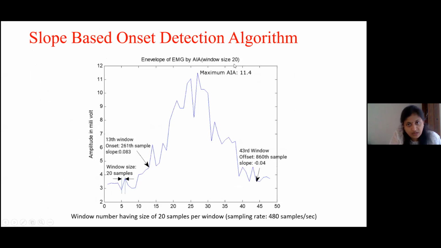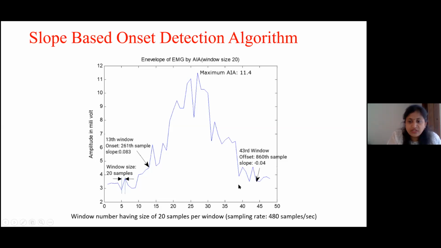This window size of 20 is decided by analyzing the signal RMS values and noise. For this window size, the average instantaneous amplitude of the signal is calculated, and wherever we get the highest slope is detected as the onset and the lowest slope is detected as the offset. I'm getting much better results compared to the single threshold and double threshold methods, and the number of complications has reduced a lot in this slope-based onset detection